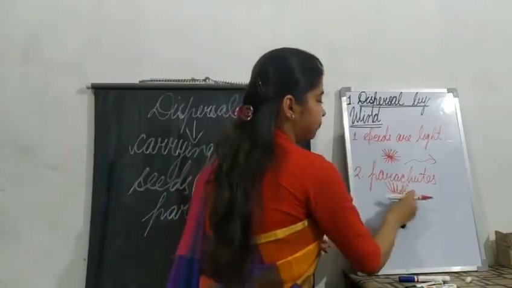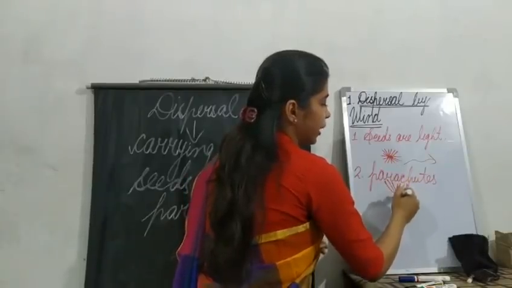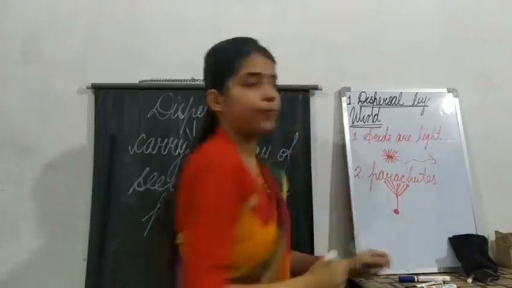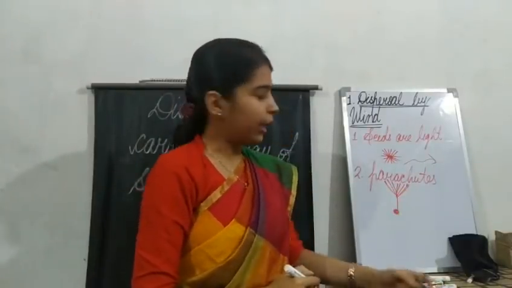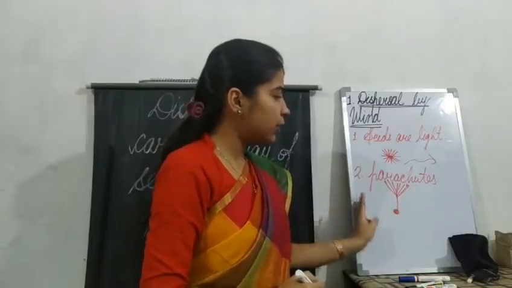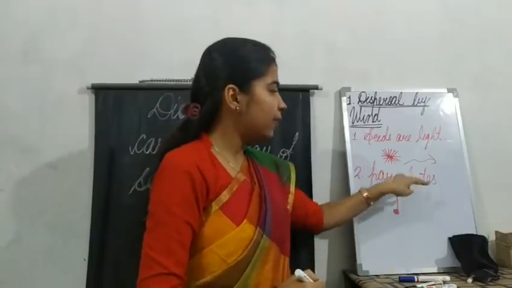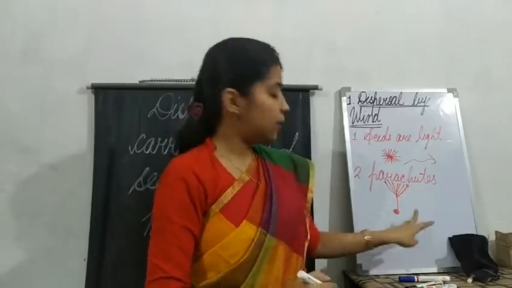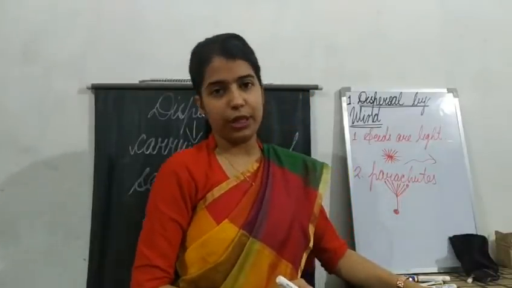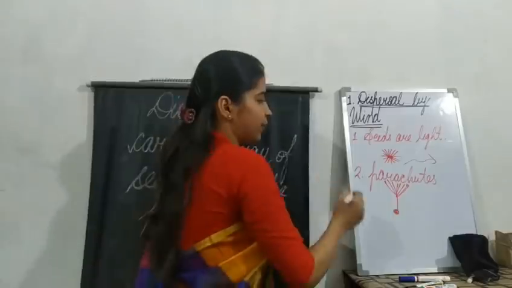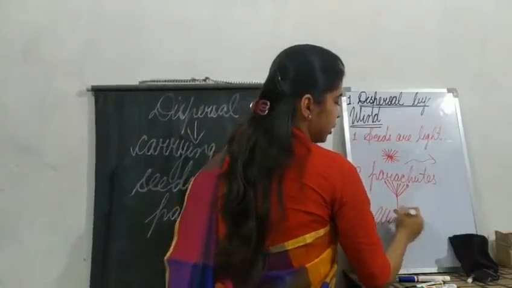They will have a hairy structure on the top, and here will be the seed. That means the structure is just like a parachute. So this is also very light, and when the wind blows, this parachute, the hairs on the top, act like a parachute, and the seed at the bottom is attached to it, so it will be easily carried away by the wind. Is it clear to you all? Next is wing structure. This is the third feature.